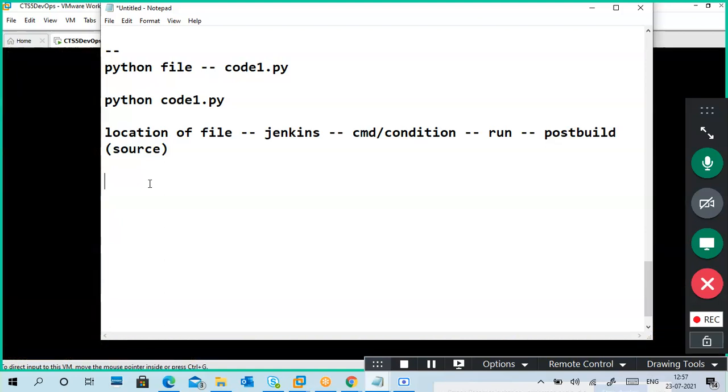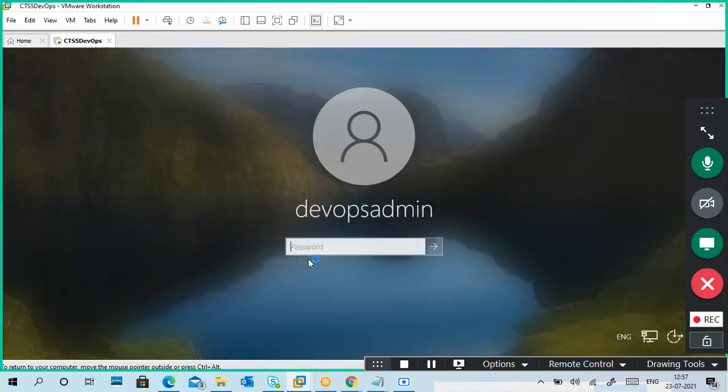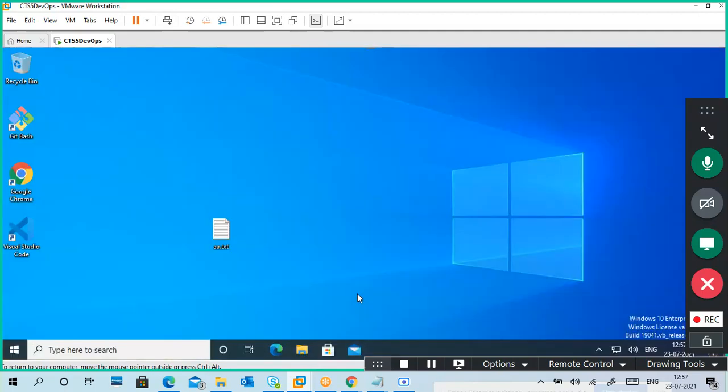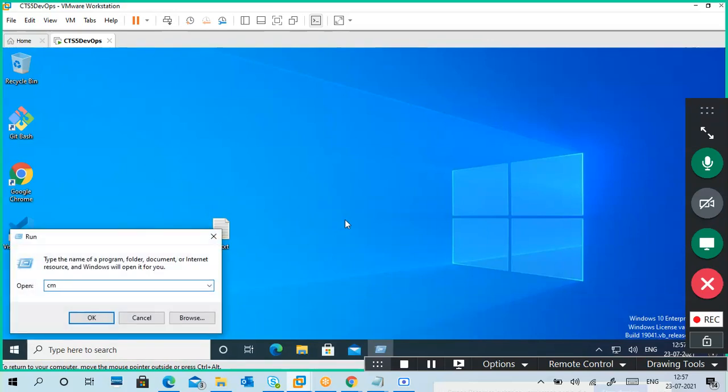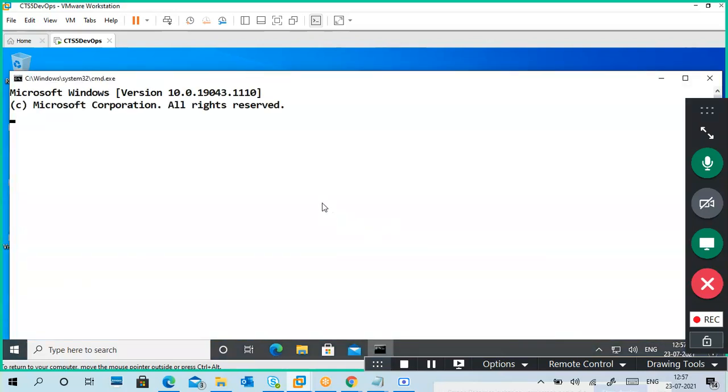So the next step is, one second, I will start my background one. Okay, again go to the CMD. First run Jenkins. So where is my Jenkins? E drive, right? So E drive, cd, Jenkins folder.